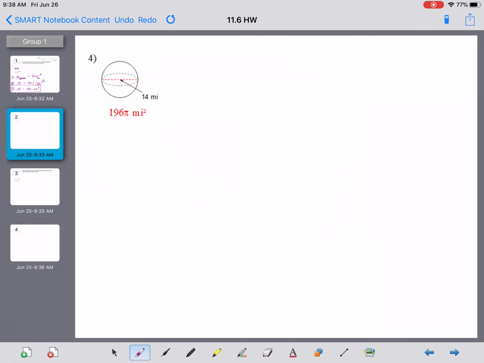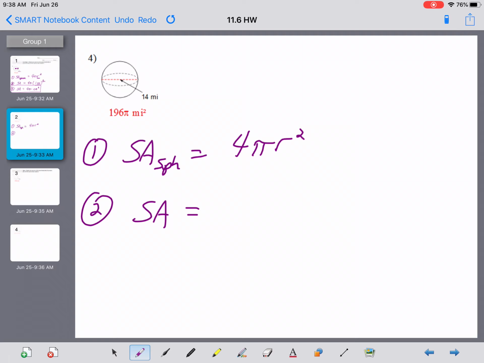Number 4 is another surface area problem here. So it doesn't start off any different, really. Surface area of a sphere is again going to equal 4 pi r squared. And step 2, let's fill in what we know. Surface area is going to be 4 times pi, and the only thing tricky about these few problems right here,